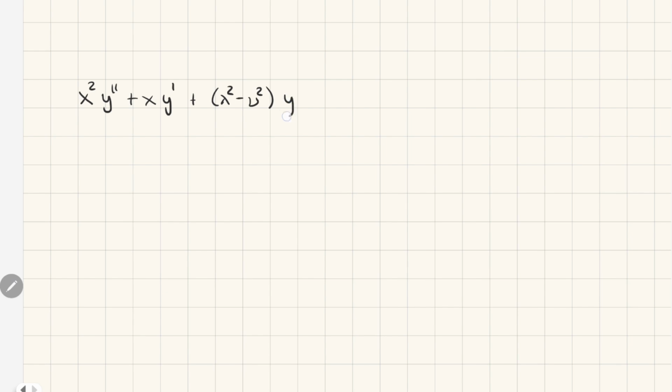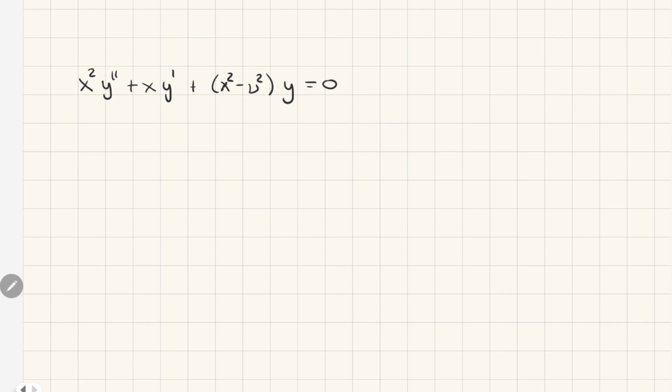Okay? Just a first recall that the Bessel equation states that x squared y double prime plus x y prime plus (x squared minus nu squared) y is equal to 0. Okay, and well, we are not going to show what is the solution for this equation, right? I'm just going to tell you that, as you should know, the solution of this is the Bessel functions of